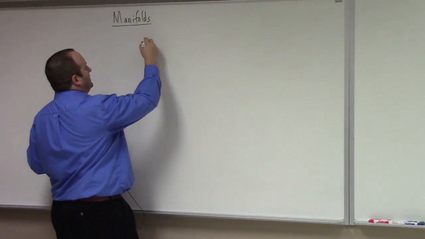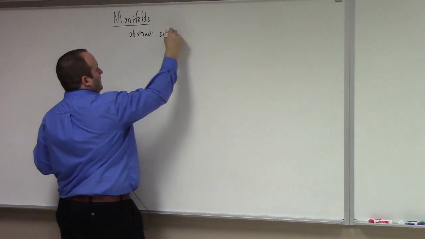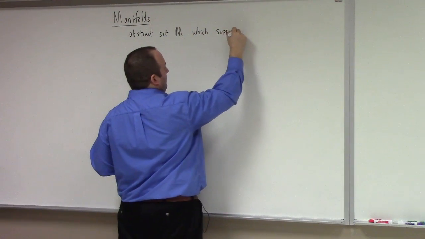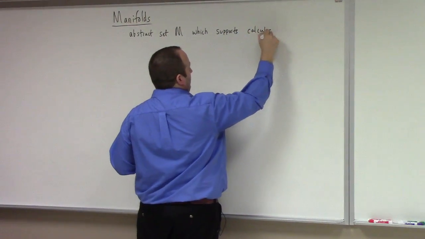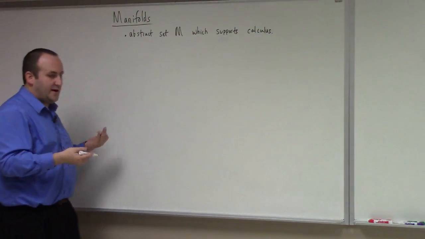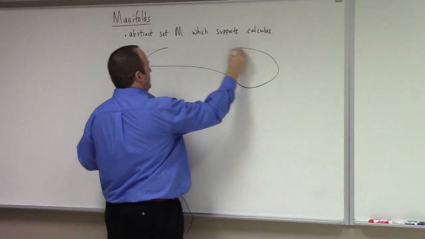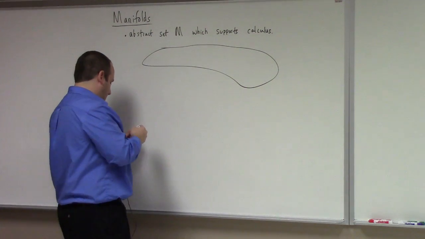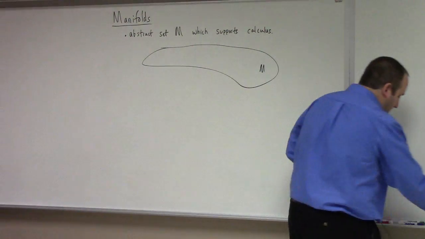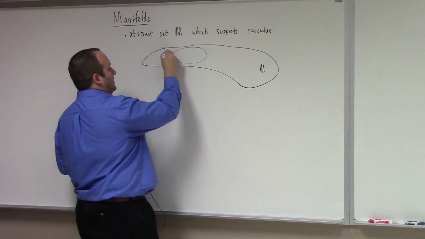Basically, here's the deal. A manifold is an abstract set, M, which allows calculus, or you could say supports calculus. In other words, a good slogan for a manifold is it's simply some place where you can do calculus in the natural way. And so, more or less, what that means is that if you look at this manifold M, you have what are called coordinate charts. All right, so you have coordinate charts, and so there's coordinate charts which cover the manifold, say U1,